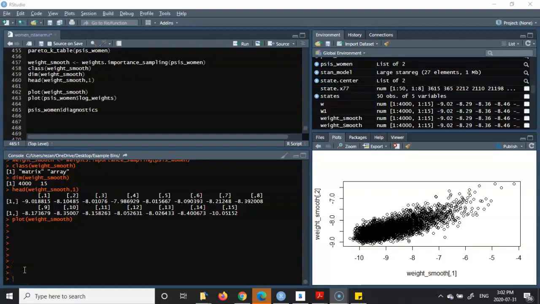Okay, now, at this stage, we are coming to a part of our tutorials which is going to be very, very important because of all the things that we have done in the past. For example, we talked about the importance weights. We saw how we can have a distribution of them. And for our Bayesian regression model on the woman data sets, we were able to fit and smooth those importance weights by Pareto smoothed